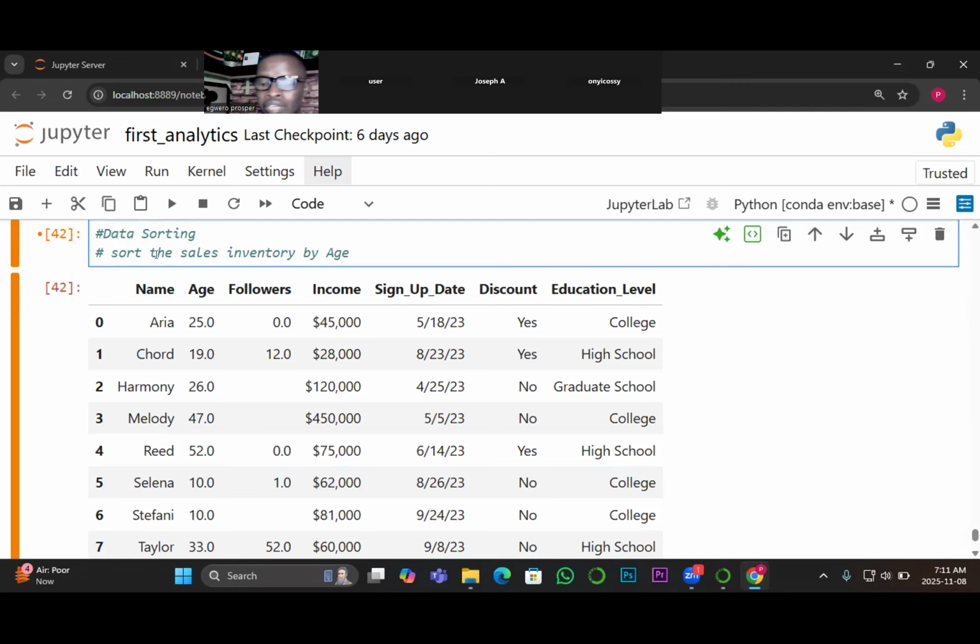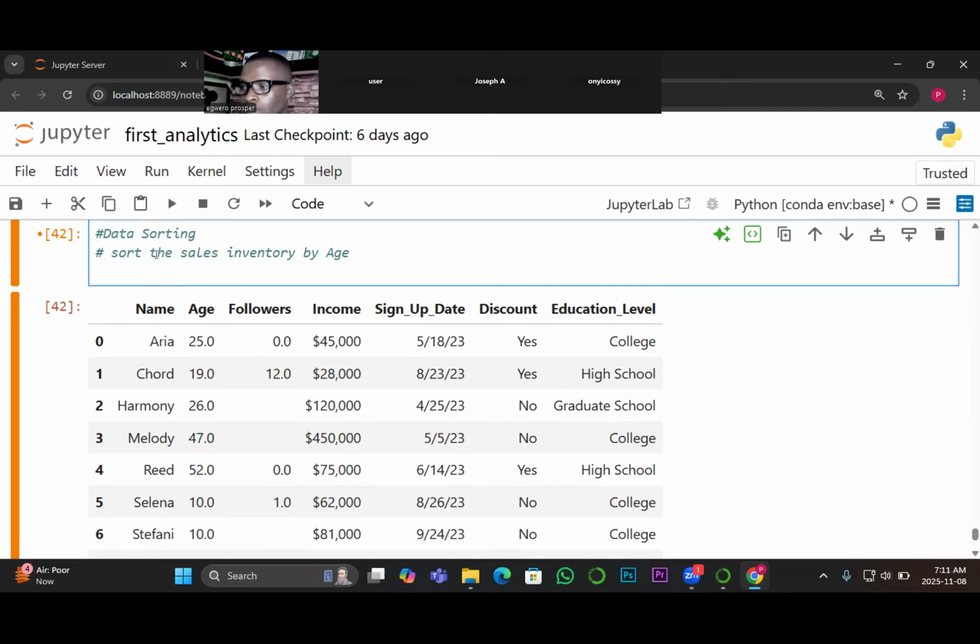So age is the criteria for your sorting. So the syntax we are using, which function are we using? Using dot sort_values, and the open brackets, by, that is where you are going to define the criteria, and then by the index. I'm going to interpret this by index,